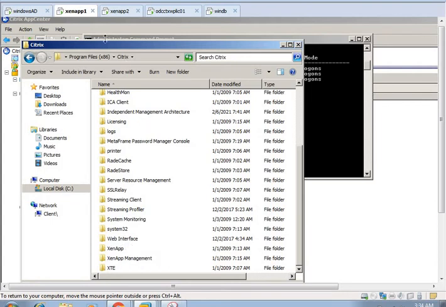This is the web interface folder, because our web interface component is also installed on this XenApp server. That's why you can see the web interface over here. Otherwise, in a production environment, you never apply multiple roles on the server. So for XenApp the license server is separate, for XenApp web interface there is a separate server, and for XenApp member servers, always use separate ones. So each role is installed on a separate server in the production environment.